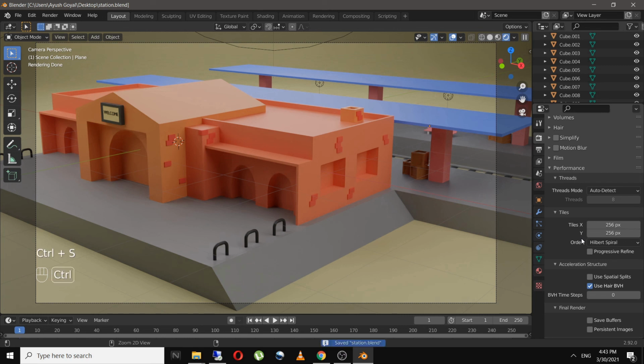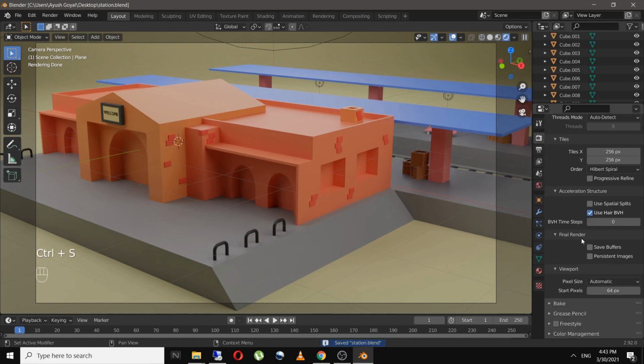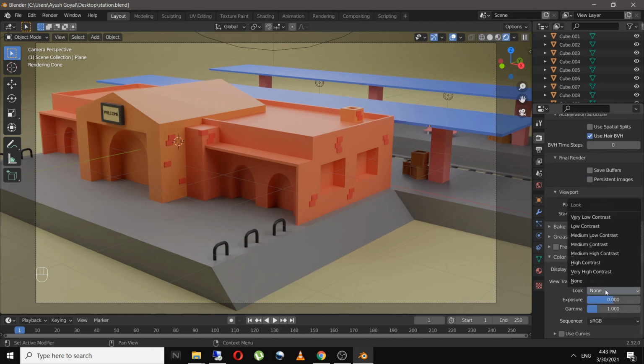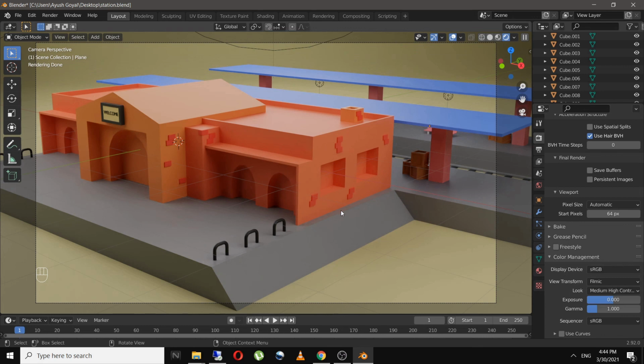So I'll put the tiles as 256 by 256, and in here I will change the look to medium high contrast. As you can see, this brought a good contrast in my scene, and I personally prefer to do this setting every time I render. You can play with the exposure and gamma settings too.